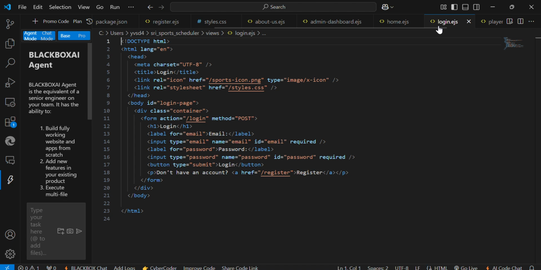In login we only give two details, email and password. Based on this, it selects the player dashboard or the admin dashboard. If you registered as admin, then it goes to the admin dashboard. If you joined as player, then it goes to the player dashboard. Now coming to